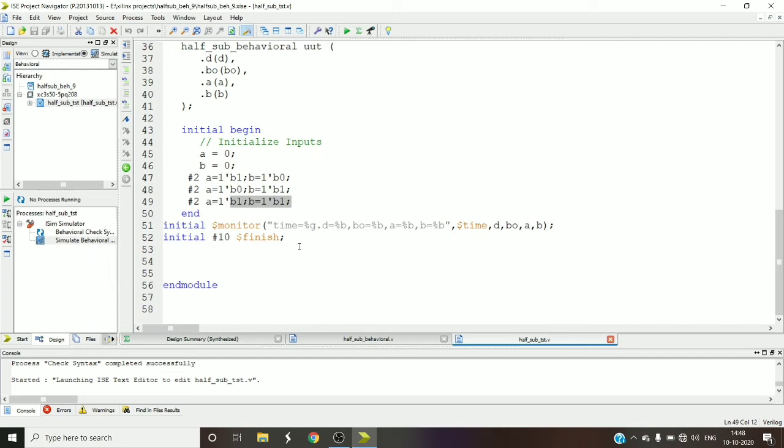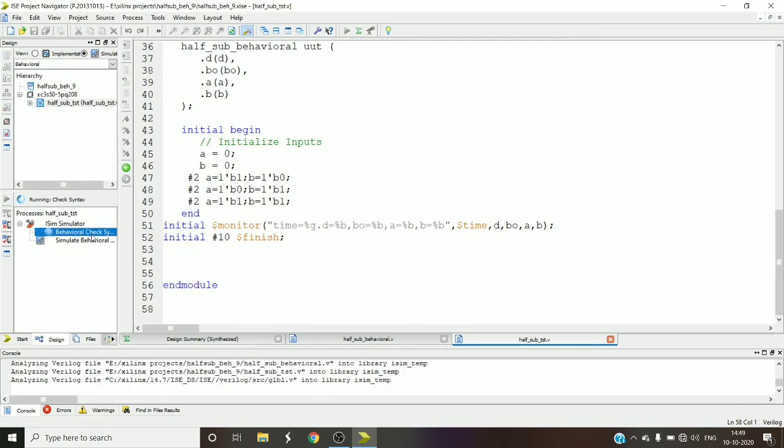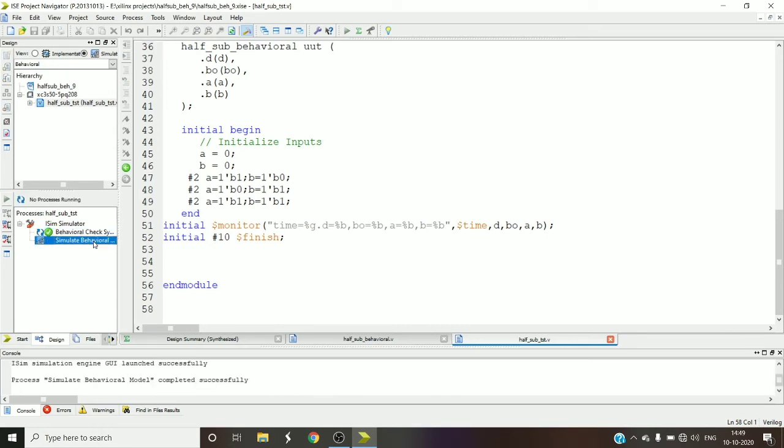Now many asked me what is the requirement of writing these statements. Okay, I will tell you, if you write these statements, the values of these things can be observed in the console window. If you don't write these two statements also, you can see the waveforms, but you cannot see the entire print of this data in the console window. I will show you that, don't worry. Just let me check the syntax once again and let me simulate the behavior.